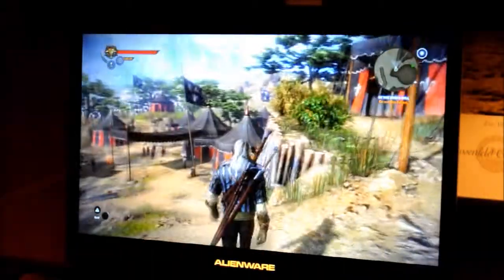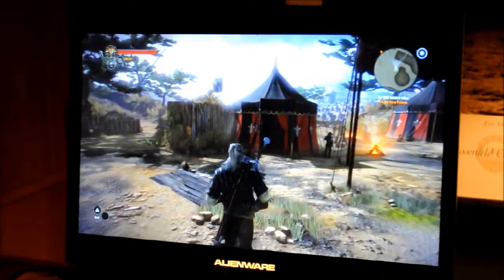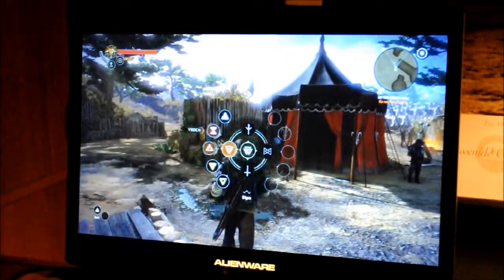Bloom, sun shafts, motion blur. The texture is not downscaled at all. This is running at 1080p. This is on my, the 580M is handling it super smooth right now, and